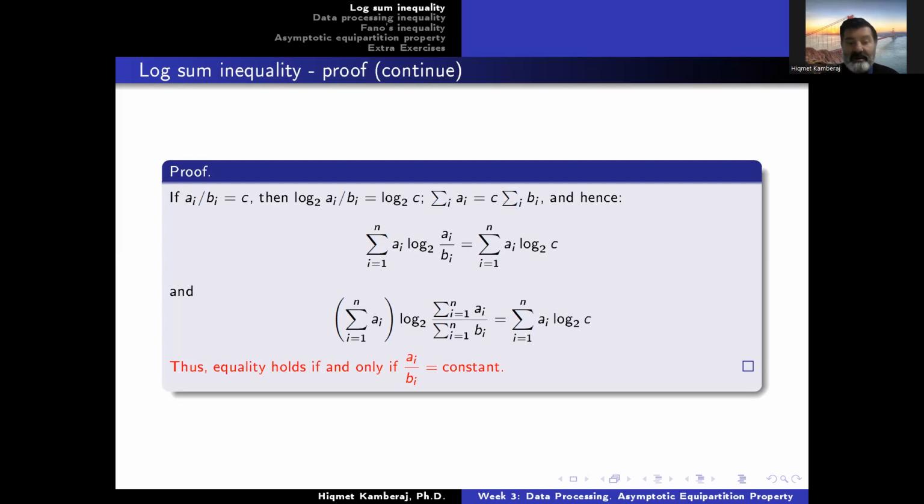Or we can further write it as the sum over i from 1 to n of ai log base 2 of the ratio, sum of ai over sum of bi, which is equal to the sum over i from 1 to n of ai log base 2 of c. Thus, equality holds if and only if ai over bi is a constant, which is assumed at the start